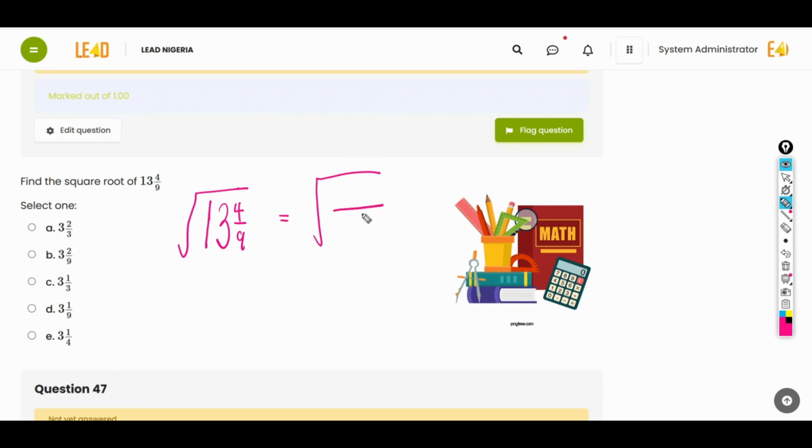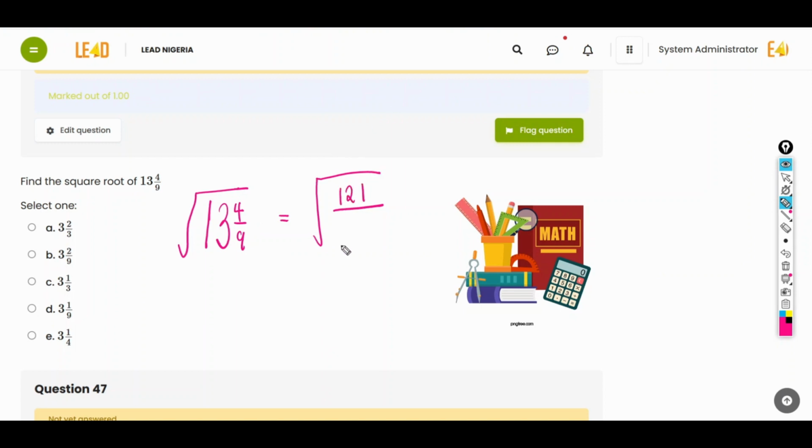So 9 times 13 plus 4 will give you the numerator. 9 times 13 is 9 times 12 with another 9 added. 9 times 12 is 108. If I add 9 to that, I have 117. So 9 times 13 is 117, and 117 plus 4 is